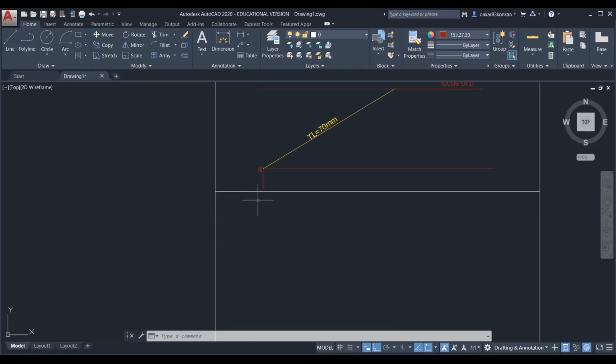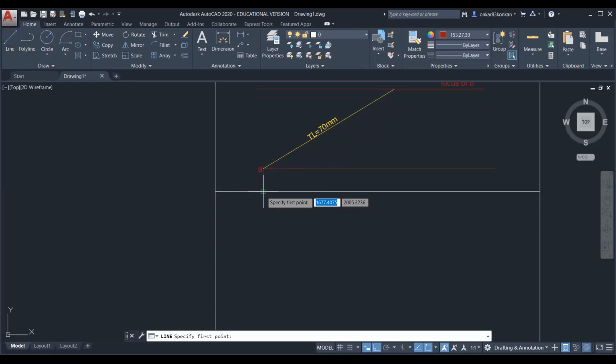Now locate the top view of the point A. For the top view, we need to observe the distance which is in front of VP. So point A is 20 mm in front of VP.